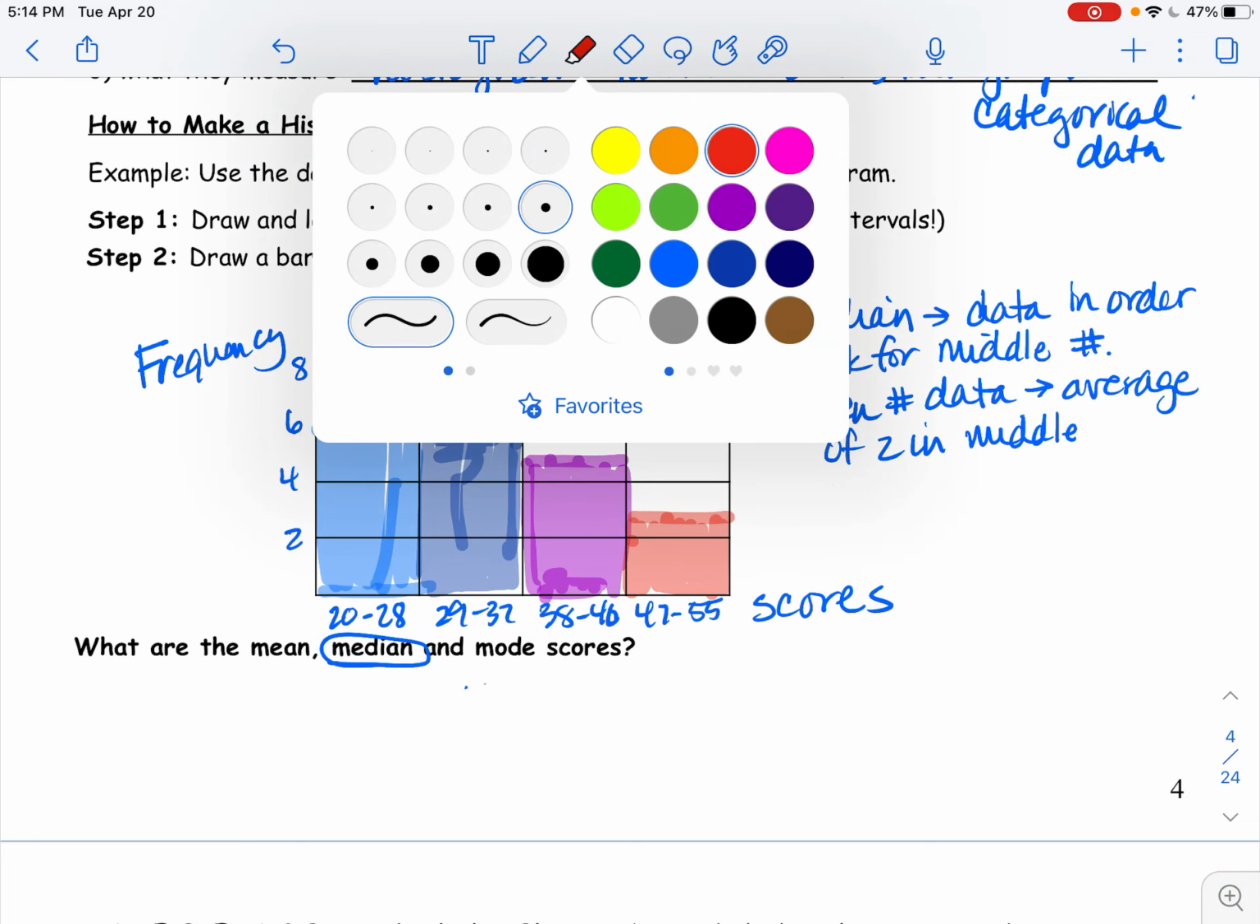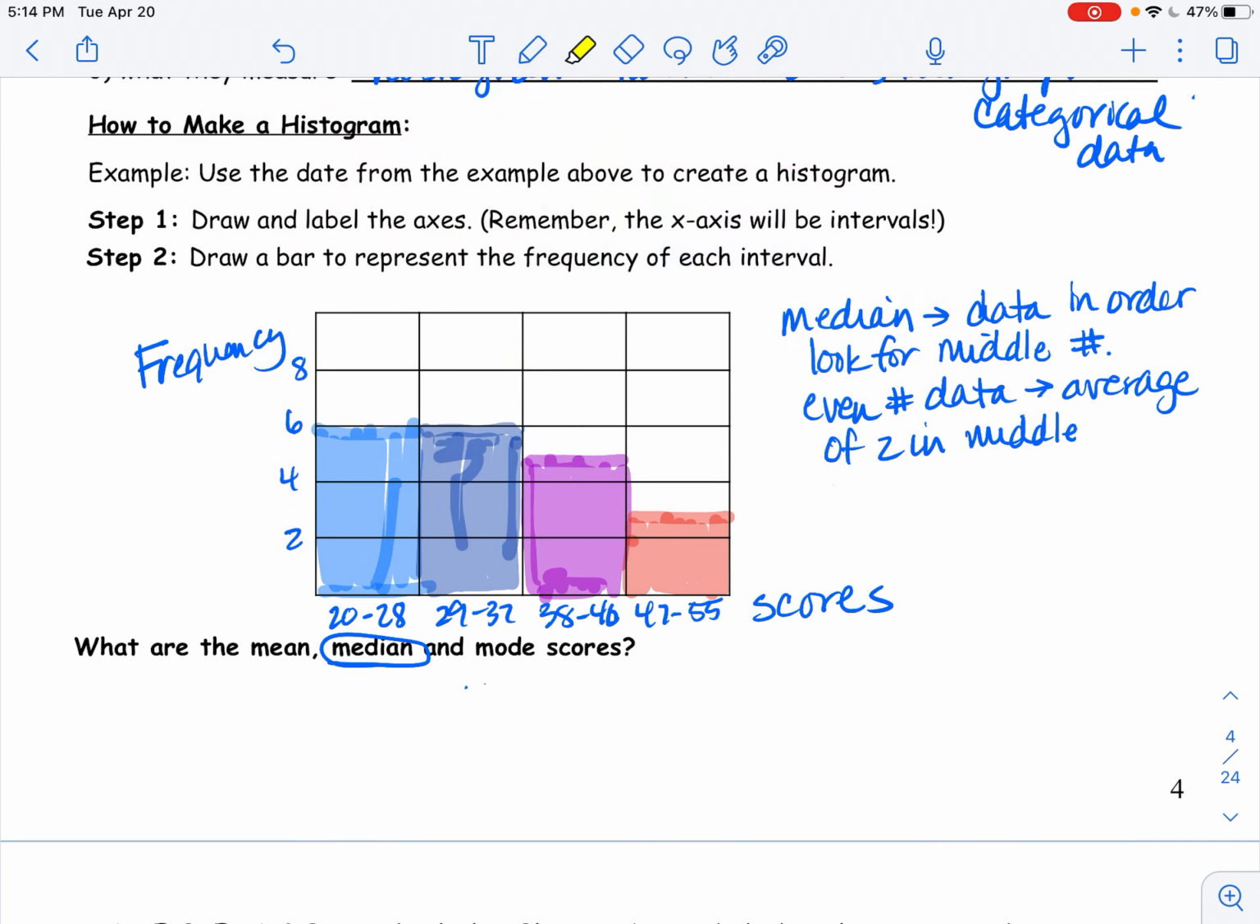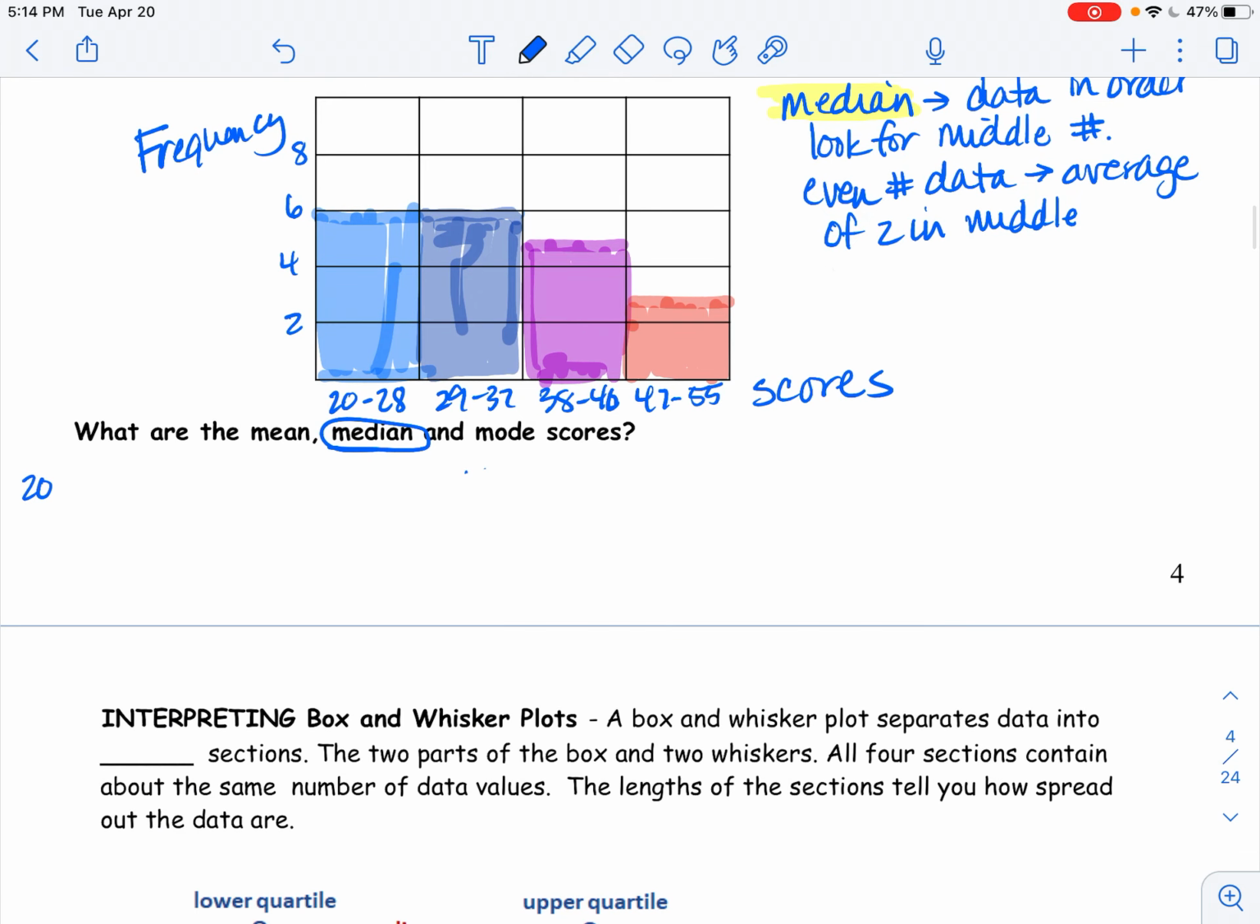Okay, so this is for our median. All right, so I'm going to put the data in order. Our lowest number was 20. Then we had 3 20s. Then 23, 2 27s, a 30, a 31, 34, 35, 2 38s,